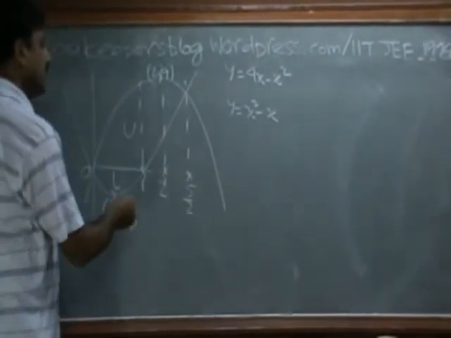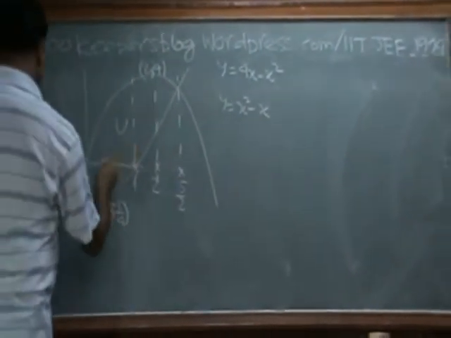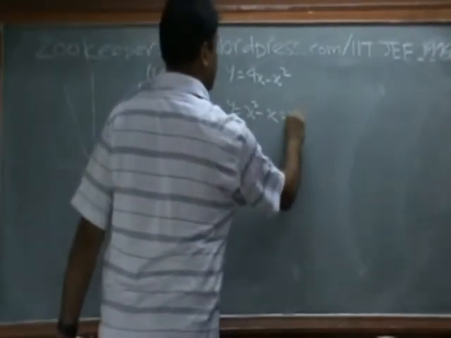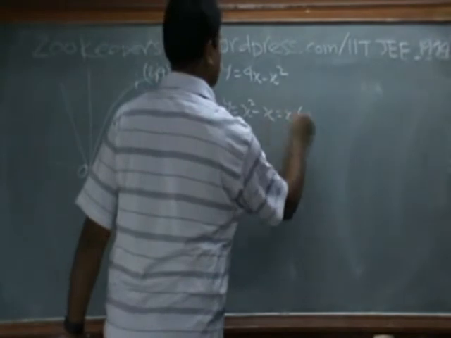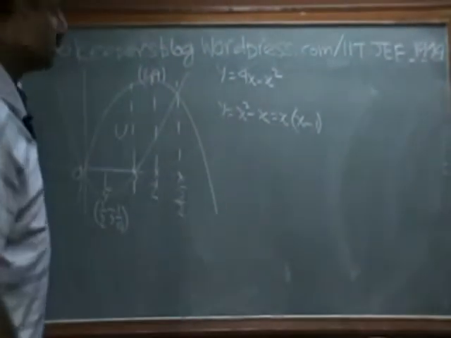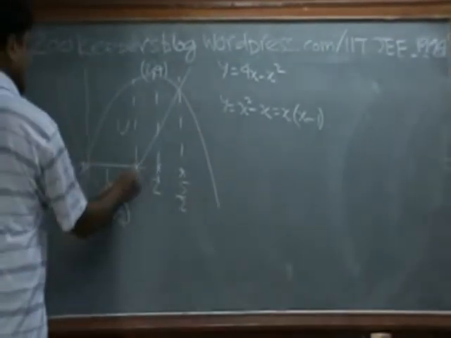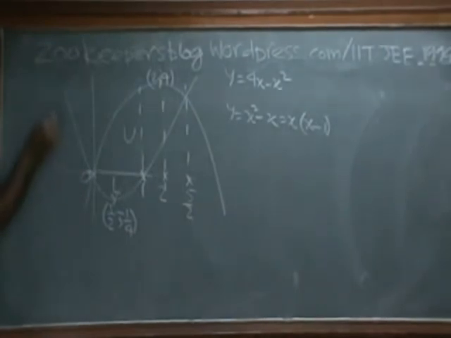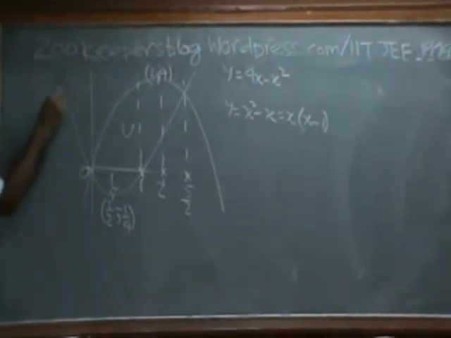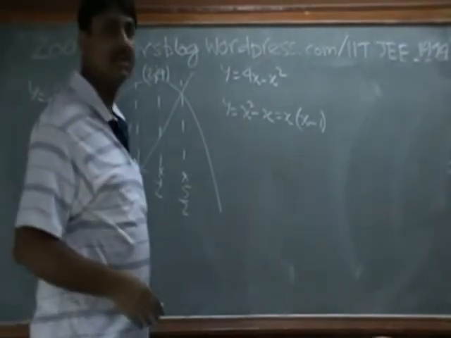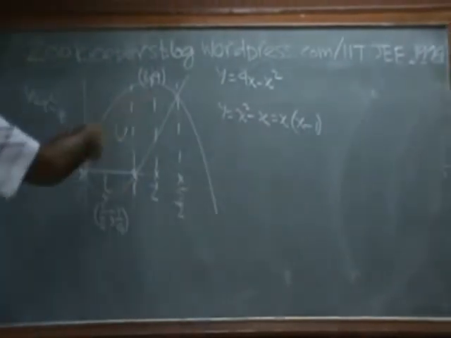Okay, so let us look at the positive graph first. This is x square minus x. Let us confirm. X square minus x can be easily written as x into x minus 1, which means x is equal to 0 is a solution and x is equal to 1 is a solution. So x is equal to 0 and 1, and the parabola passes through these points. This is correctly drawn. So y equal to x square minus x is this equation, easily guessed.